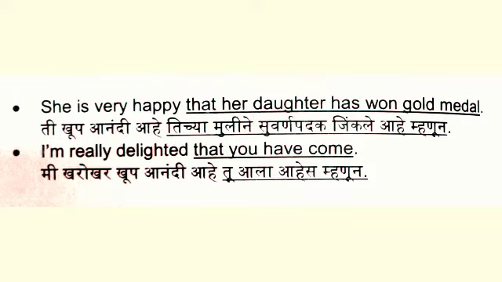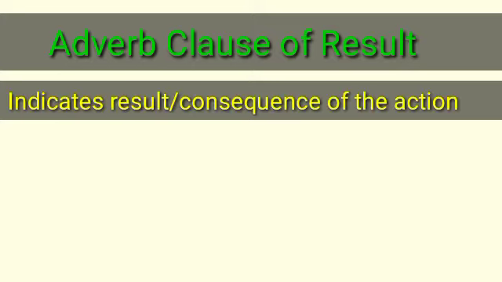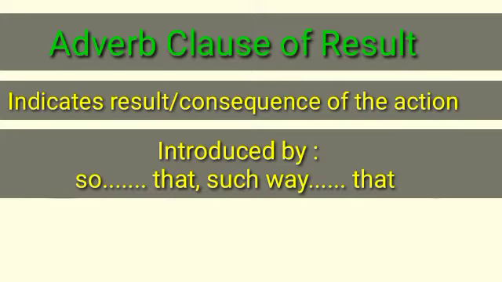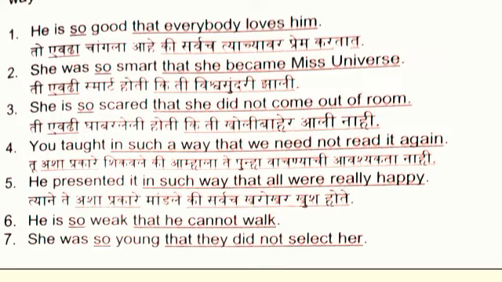Now let's talk about adverb clause of result. Adverb clause of result shows the result or the consequence of an action. These clauses are generally introduced with the conjunctions so and that, or in such a way that. For example, he is so good that everyone loves him. In the sentence, he is so good that everyone loves him, that everyone loves him is the adverb clause of